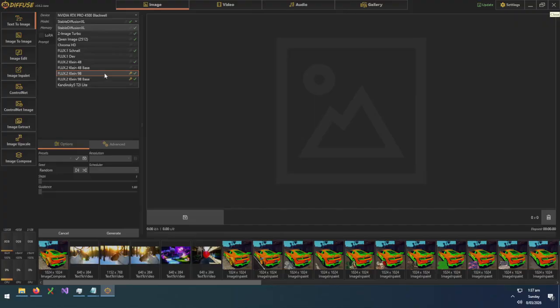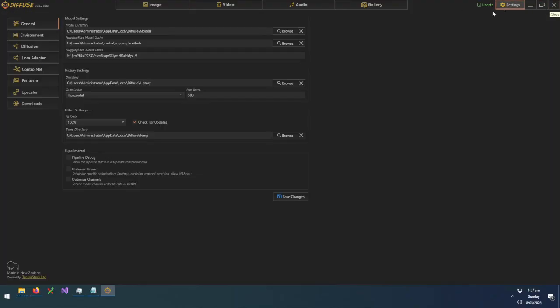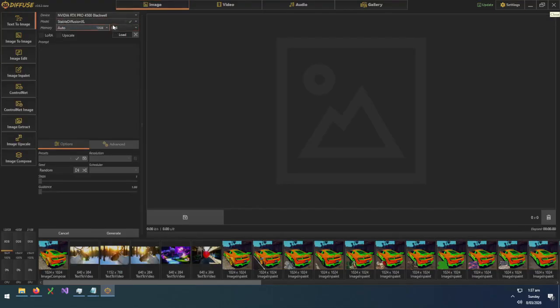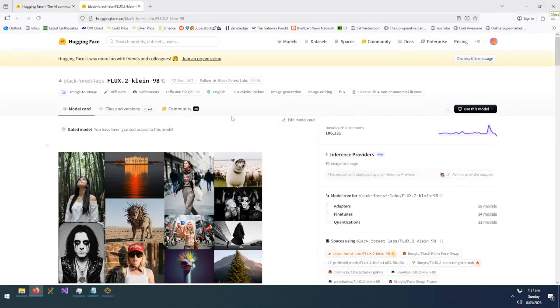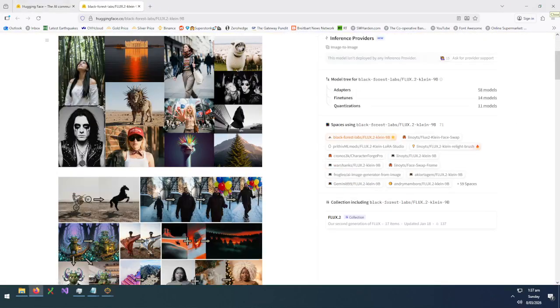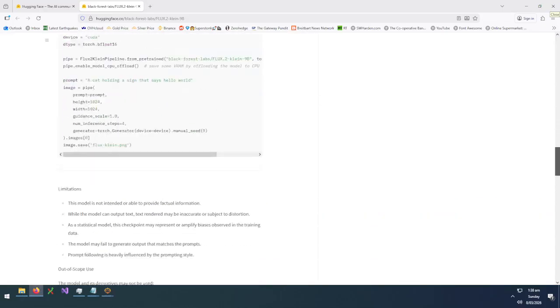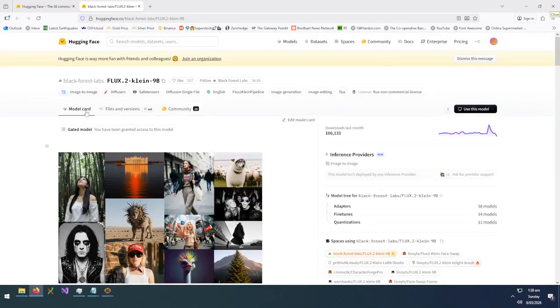If I go to my settings, delete my access token and save that, then when I try to load one of these, it's going to say you need to accept the model terms and conditions. If you click that link, it'll take you to the model. I've already accepted it, but it would have a button here somewhere asking if you agree to the terms and conditions of using this model. You just click accept. Then, in order to authenticate through your Hugging Face account,